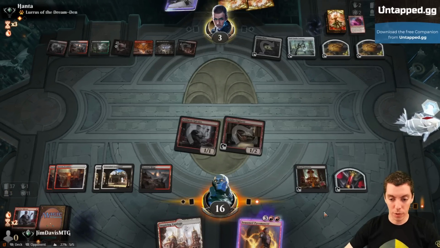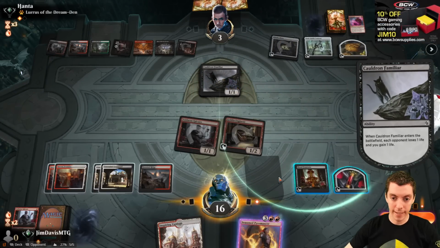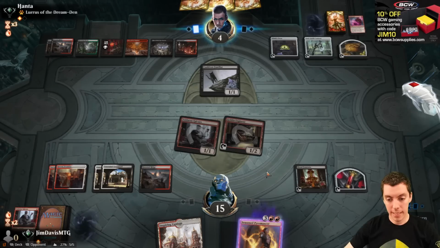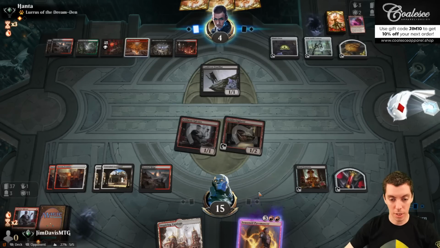Hold this land in our hand for blood. Do the Cauldron Familiar thing, yada, yada, yada. And, like, yeah, again, we could activate Blood Fountain, try and get both creatures back. Those pop in response. They can't respond to this. It just exiles as part of the cost, so...